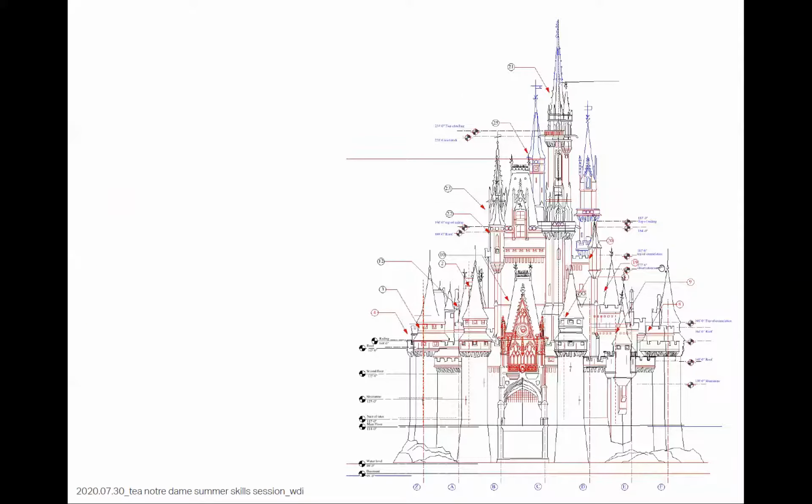This is maybe a very construction focus. This is a very engineered example of the section, and that it's well annotated, it's clear in its line work, it's consistent in its line work, as the line weight you see for this rock here is the exact same as you see for this here. But you could build Cinderella Castle with this drawing. Would I recommend trying to pitch the concept of Cinderella Castle with this drawing? No, because you look at that and your normal average audience is going to see this graphic and find it incredibly boring.